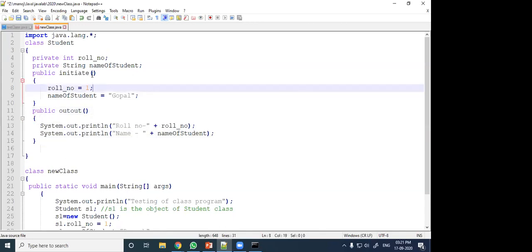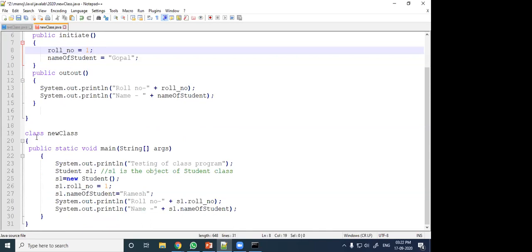Two members, roll number and name of student, are private data members, and initiate and output are public methods, functions. Under these methods, I can access the data members directly, without any help of anything, because this roll number is also a member of the class under which this initiate function is defined. Output also similarly, here we are accessing like this.